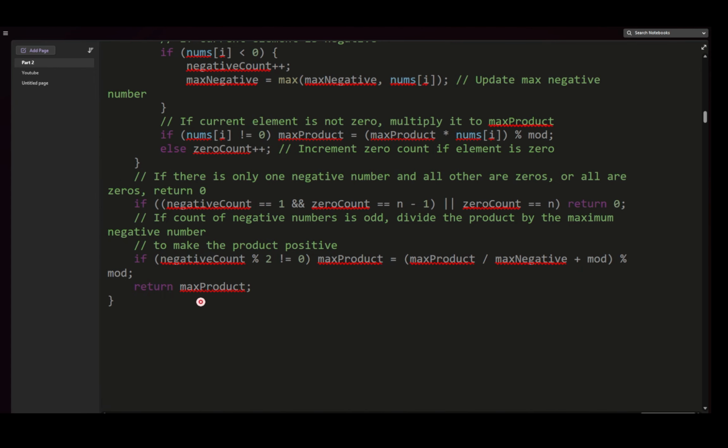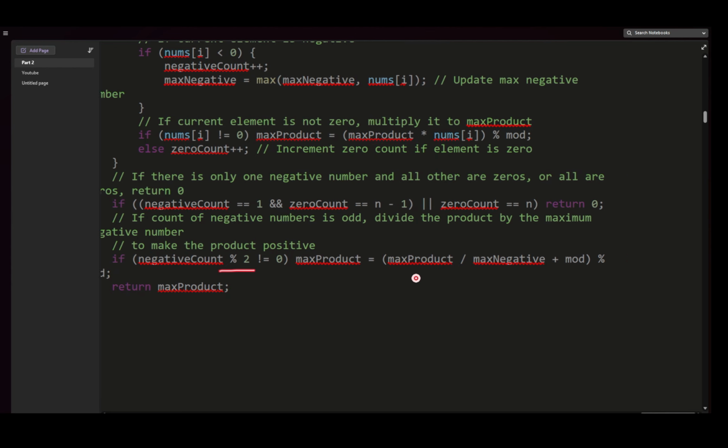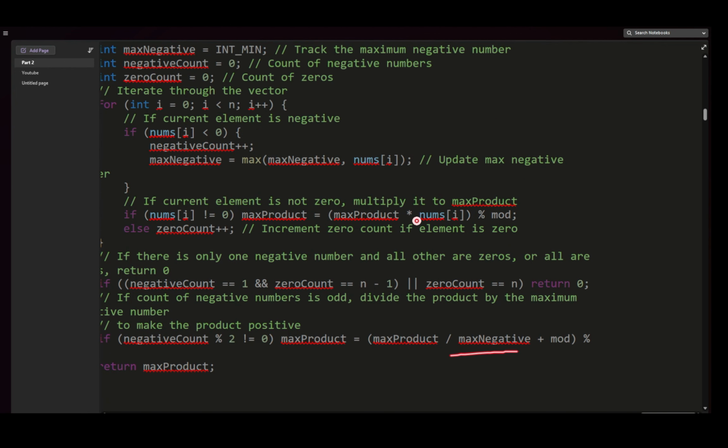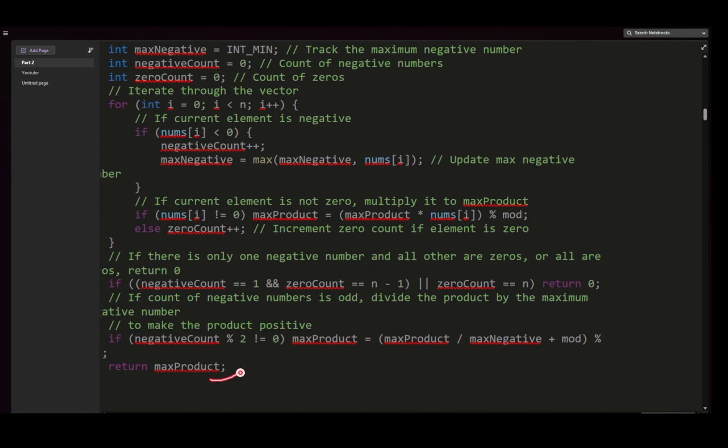so your answer will be whatever you calculated. If it contains odd occurrences, then we have to divide it by the max negative number. That's the reason we take the max negative: whatever maximum product you got is reduced by it, and that is the answer. If it contains odd occurrences,